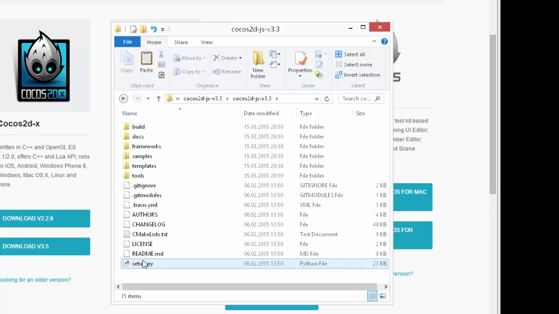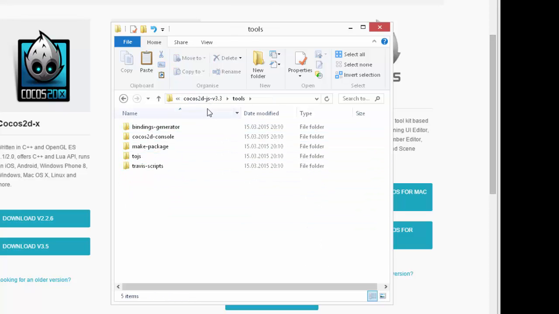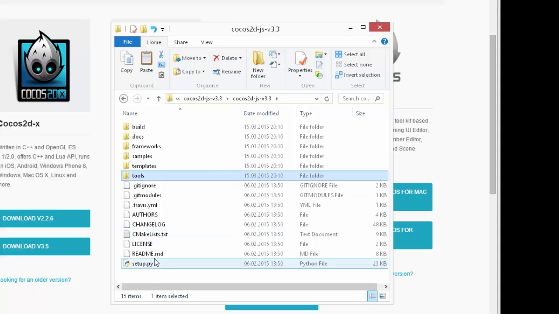we have a very similar structure to what we have with the Cocos2dX version. Frameworks, templates, samples, tools, etc. all ready to make and create your projects much in the same way that you do with Cocos2dX. The difference is you'll be writing the code in JavaScript, and then behind the JavaScript there are various bindings to connect everything to the native languages and build your application for Android or whatever platform you want to